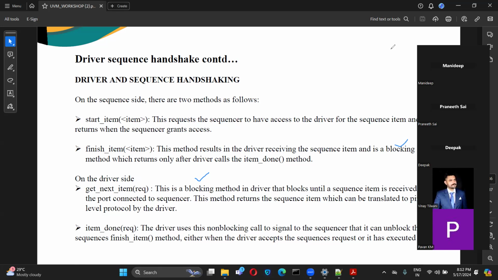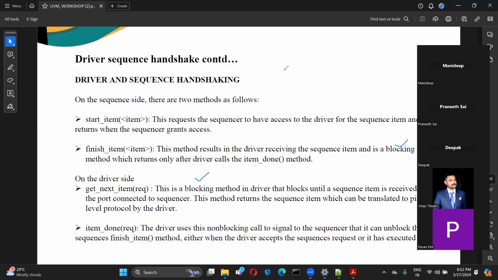Now when it is returning the sequence item between the sequence and driver, at that point, when it finds the sequence item from the driver, this blocking method will just unblock. Then the next part after get next item, the set of statements that follow, will be executed.